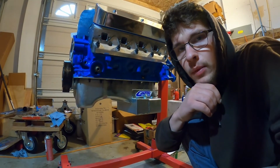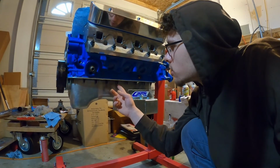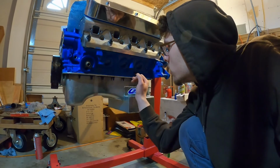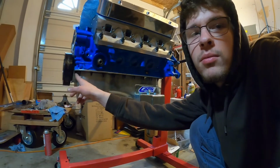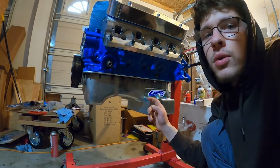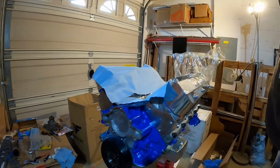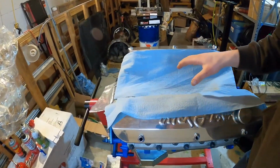Okay, I can't seem to find the video of torquing the oil pan down, so I'll just explain what we did real quick. We essentially, following a torque sequence from the inside out, hit all these guys to 10 to 12 foot-pounds, and then the outers to about 12 to 15 foot-pounds. So that concludes the oil pan installation, and then next we'll be getting on to installing the heads, water pump, the mocking up of the intake,